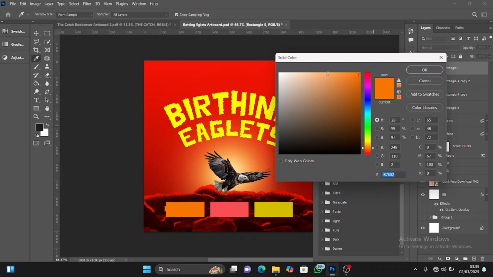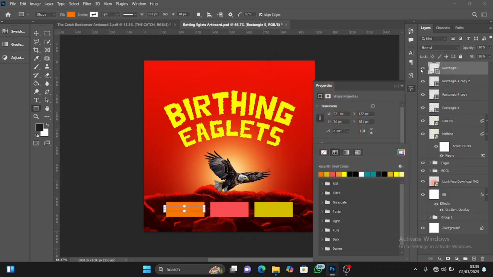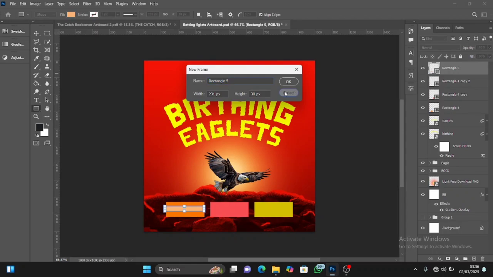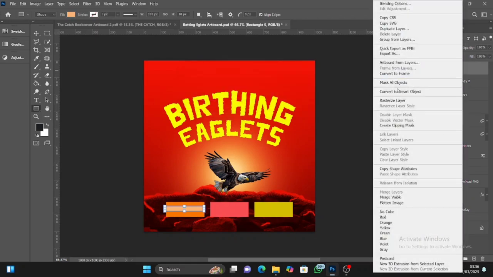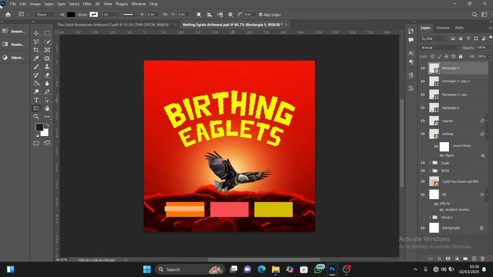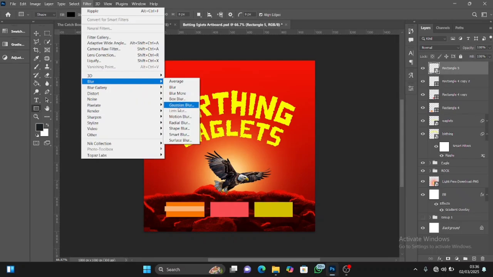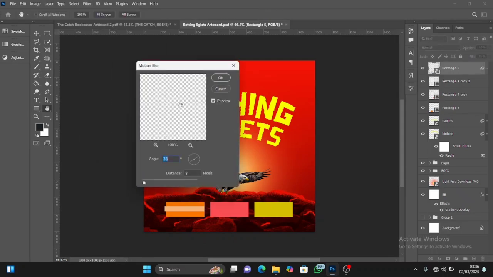So you can see that we have made another smaller shape on top, using a lighter color, then convert it to a smart object. I'm going to convert it to a smart object, then go to filter, go to blur, go to motion blur. Yeah, then let's increase it. Let's keep the angle at